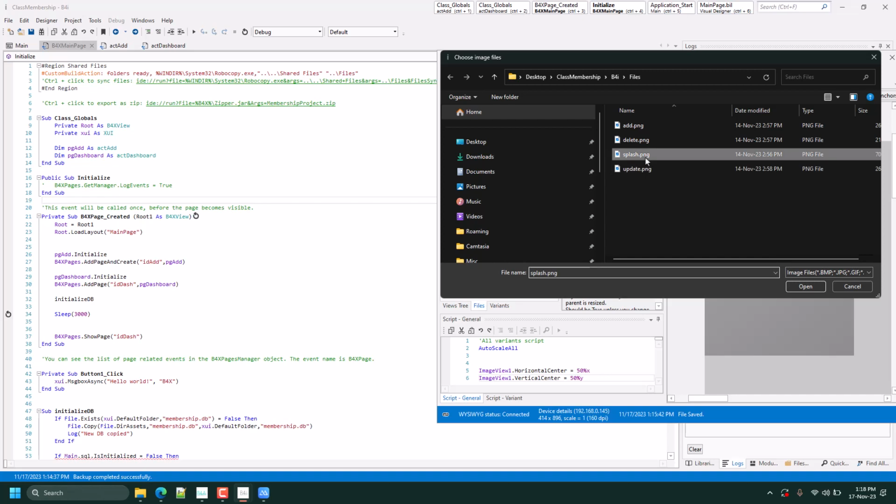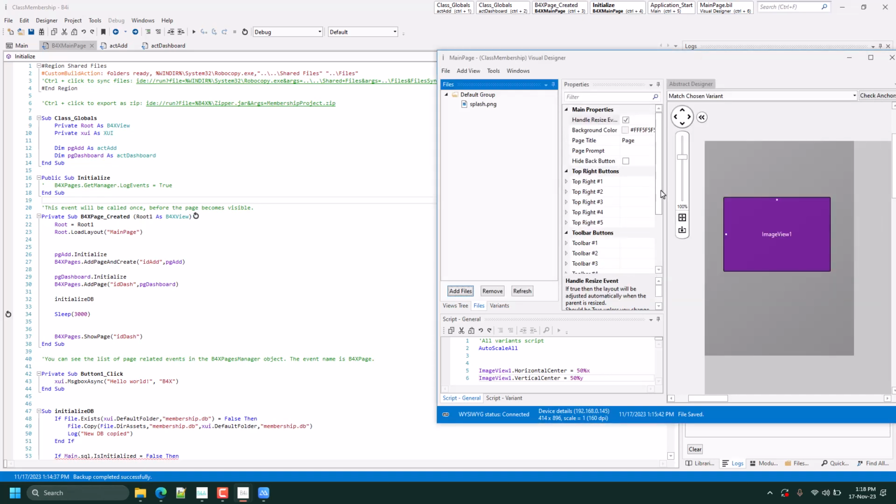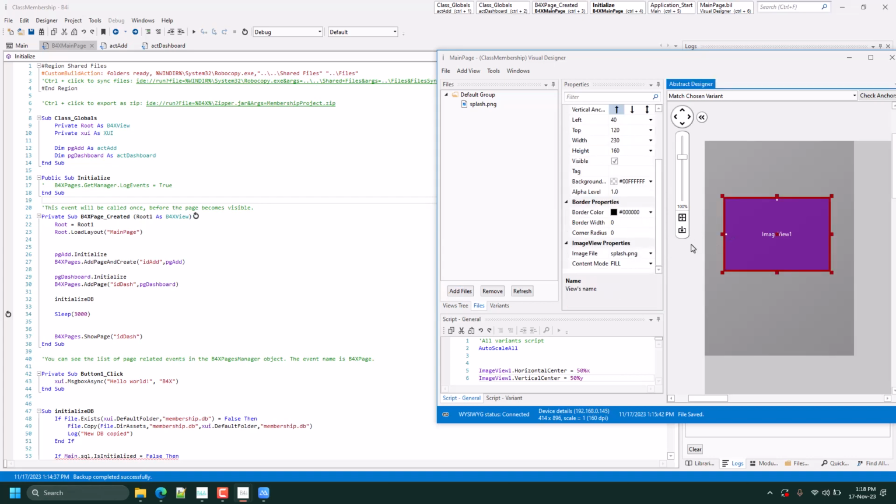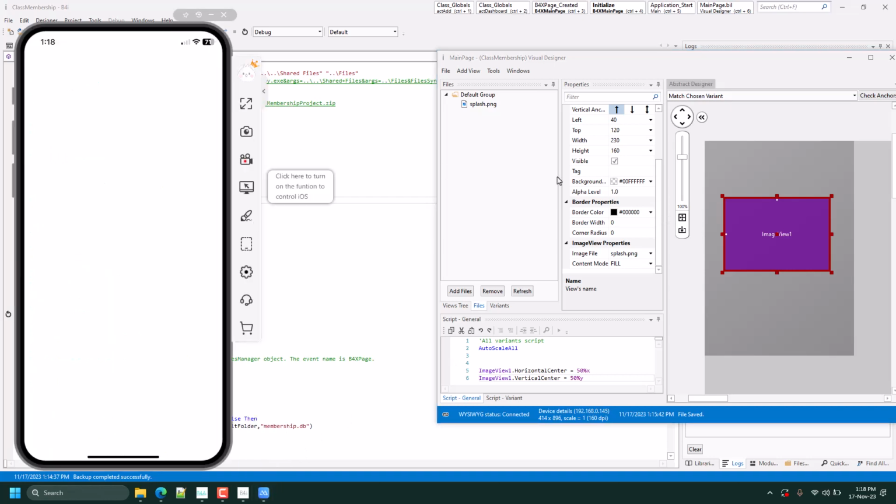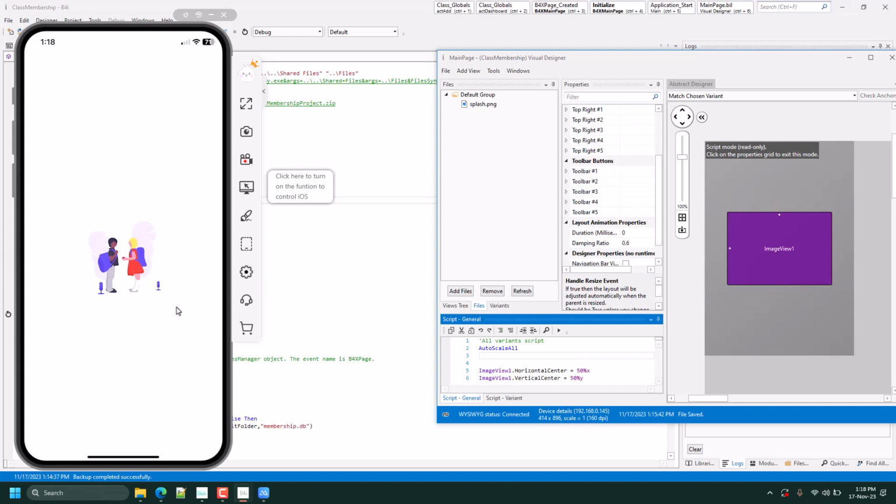So splash in B4I file, we click on image, we have the splash here already. Yes, let's select it. Okay, so here we go.